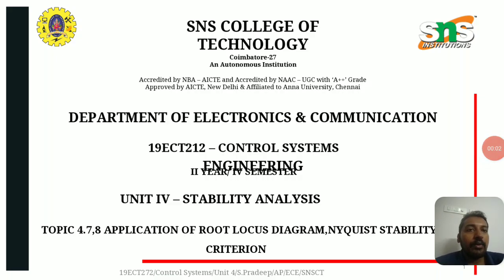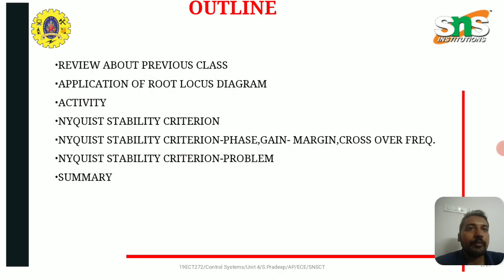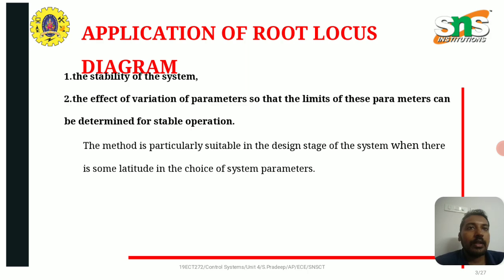In this video, we are going to see about the application of root locus diagram and Nyquist stability criterion. Application of root locus diagram. The stability of the system can be calculated. The effect of variation of parameters so that the limits of these parameters can be determined for stable operation. The method is particularly suitable in the design stage of the system when there is some latitude in the choice